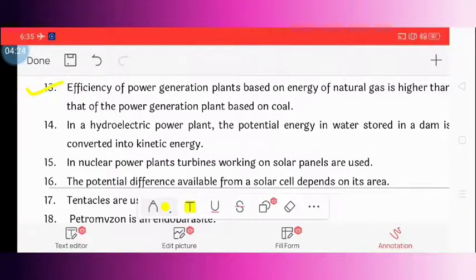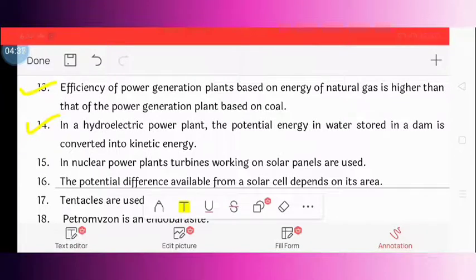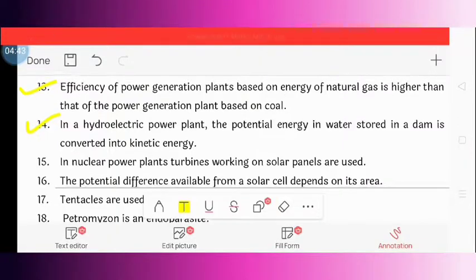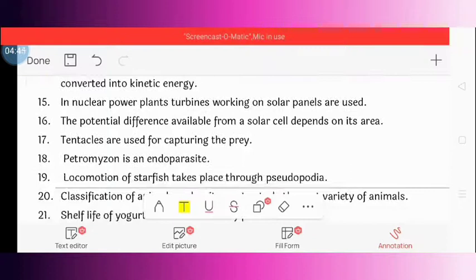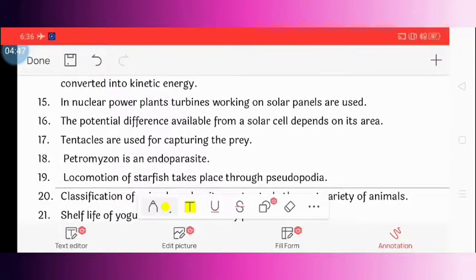In a hydroelectric power plant, the potential energy in water stored in a dam is converted into kinetic energy. So yes, this statement is also true. In hydroelectric power plants, the potential energy in water stored in a dam is converted into kinetic energy. Question number 15. In nuclear power plants, turbines working on solar panels are used. So this statement is false